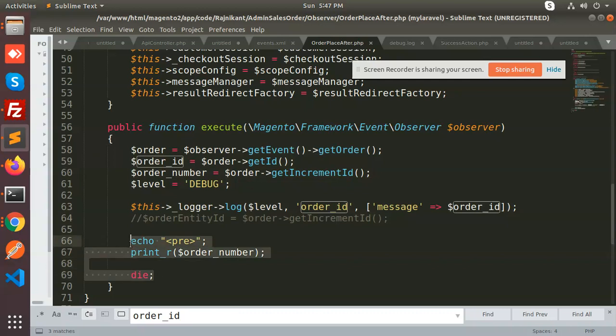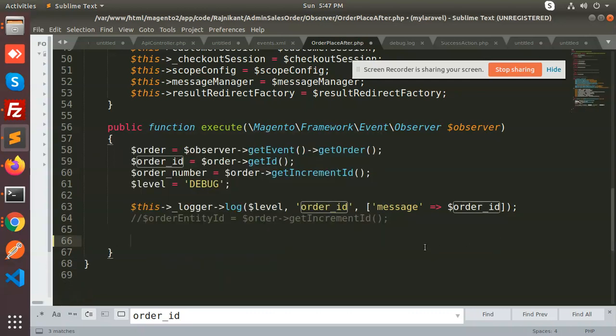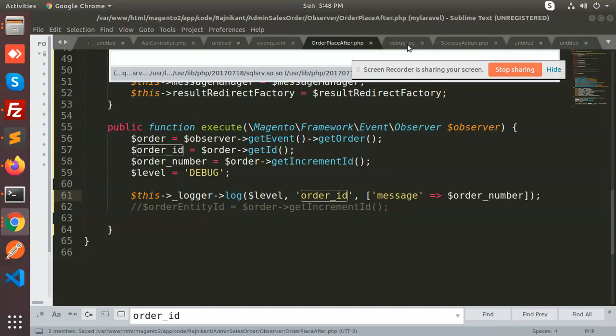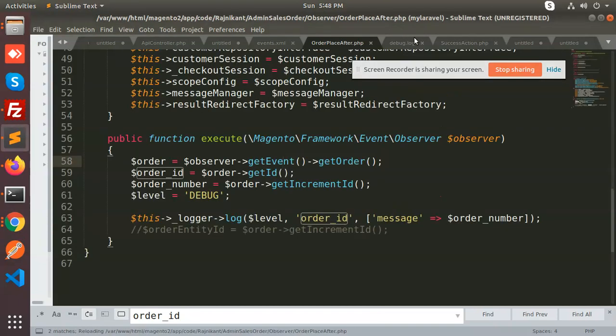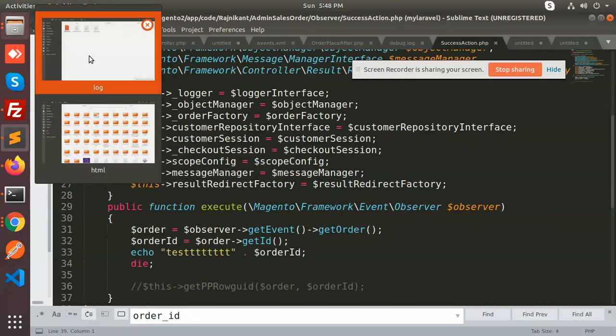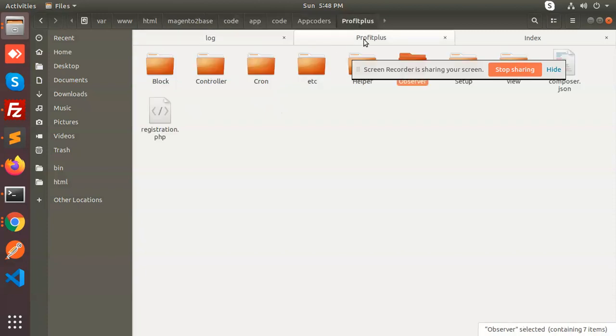So let me replace this die, and let's run the code. In this order number I will put the order ID, order number. I'm just leaving it as it is, to see whether it is returning to that part or not. Let's return something, a message. In the success section here we are going to return the message, I guess. Let me add one message over here.